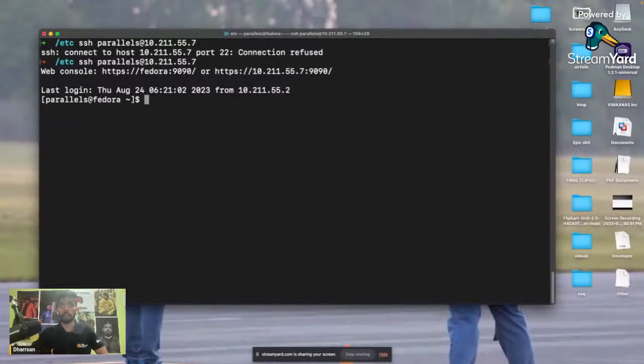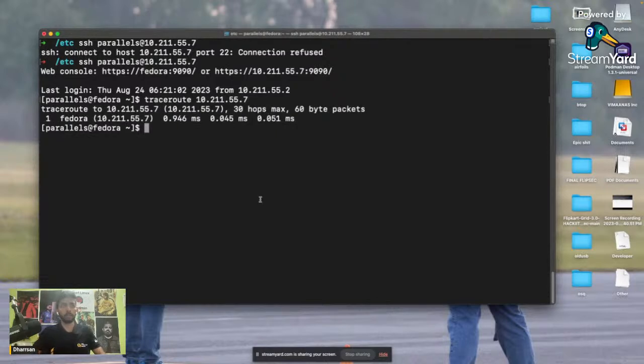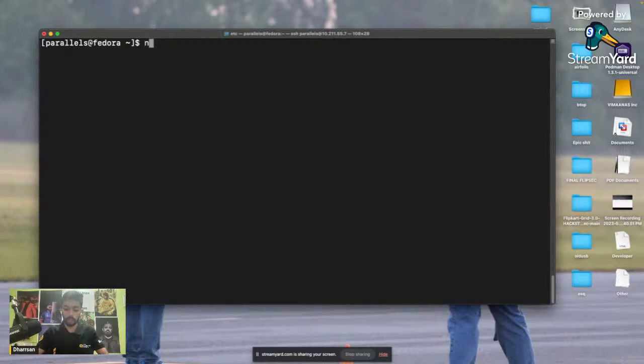Learning networking is something which you should do hands on. You should know which IP addresses you're dealing with. If you're redirecting to some website, you should know how that's done. Traceroute 10.211.55.7. This is the output for the traceroute command. It's as simple as that because this is on my exact same computer. It does not take a long route. So if I have nslookup